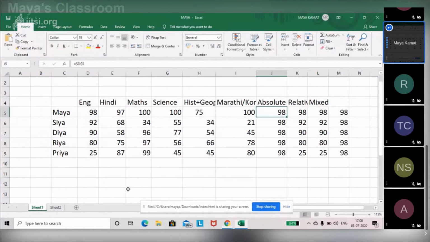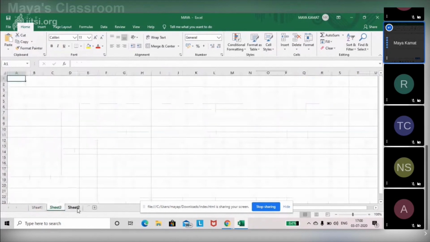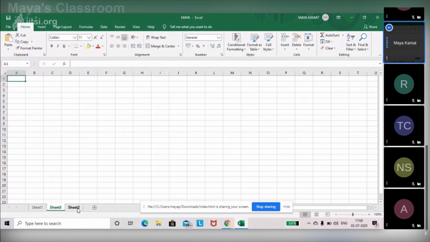To add a new sheet, you just have to click on this plus sign over here. It will add the new sheet to your existing workbook. Double click on that sheet 2 that you see over there to give it a new name. So if you're making a file for your class, you could say 9A.